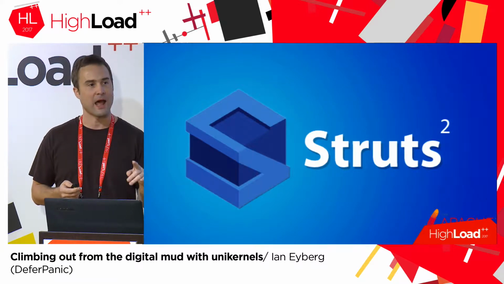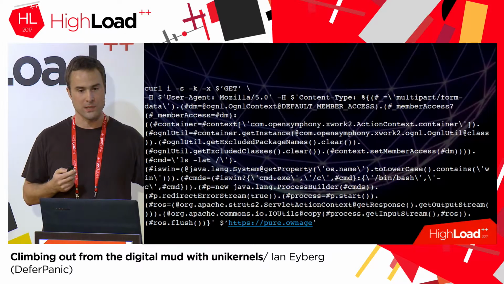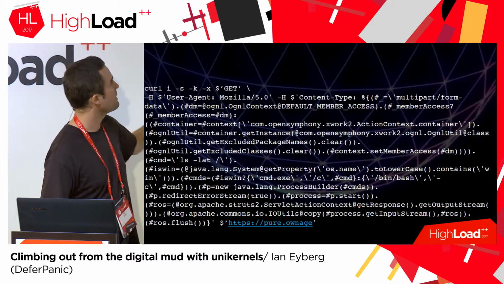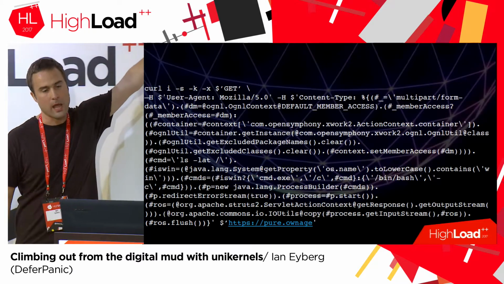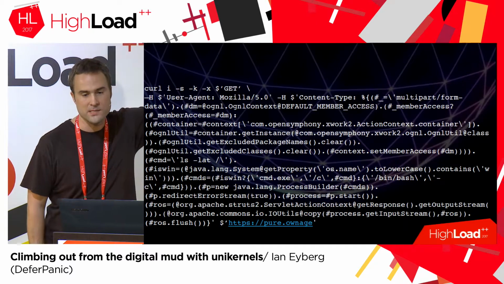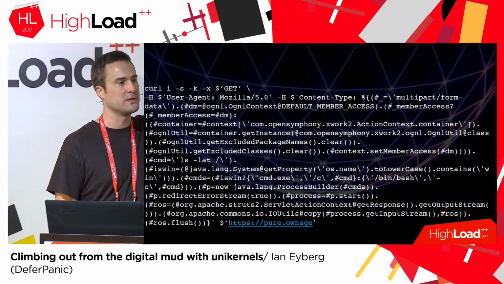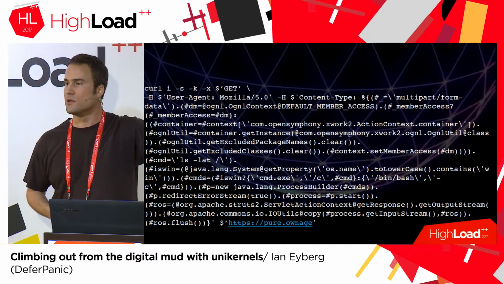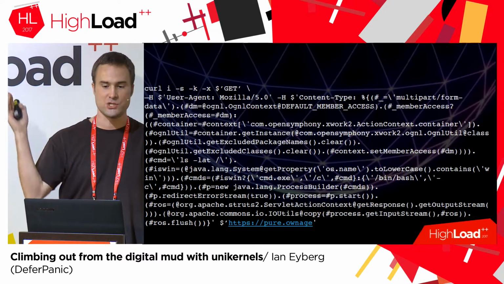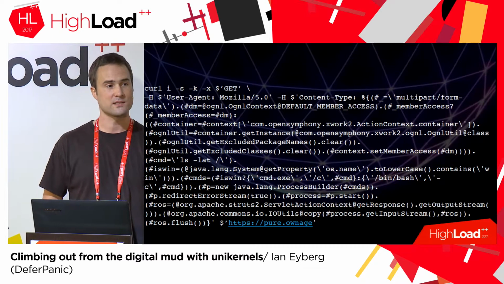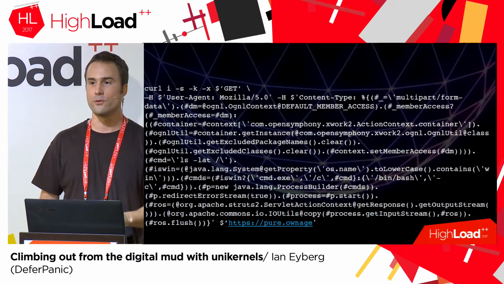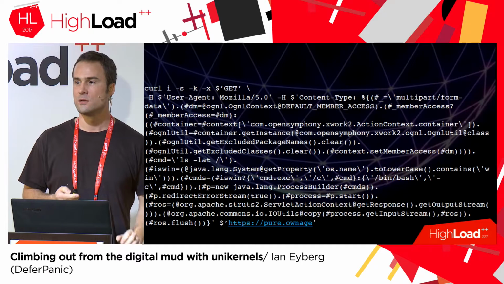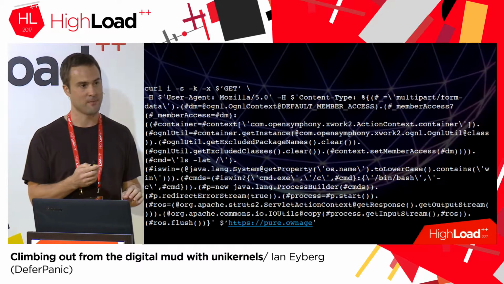But just to highlight how bad this particular problem was, and it's kind of hard to read, this is a curl request. This little proof of concept only looks at the operating system. If it's running Windows, it pops cmd.exe. If it's running Linux, it pops a bash shell. In one request, they can remotely execute code on the other guy's machine. That's how dead simple this thing was.